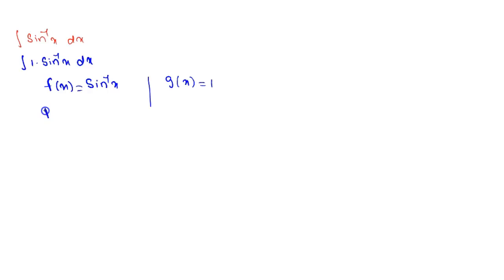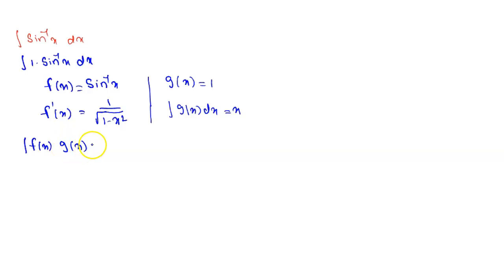So here f dash of x is equal to derivation of sine inverse, which is 1 by root over 1 minus x square, right. Next, integration of g of x dx is equal to x. Integration of 1 dx is x plus c. Just now we have taken that formula also. Now I am taking by parts formula. This can be called the by parts formula or UV formula in integration, right.